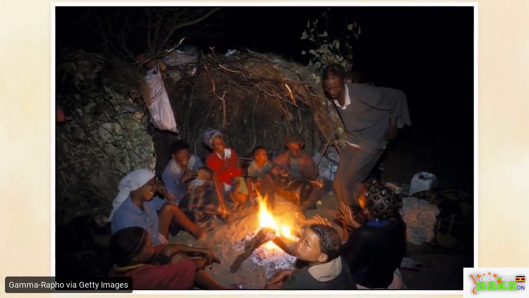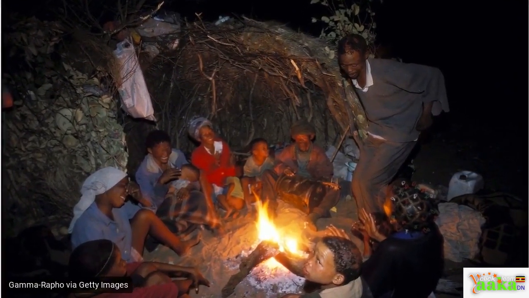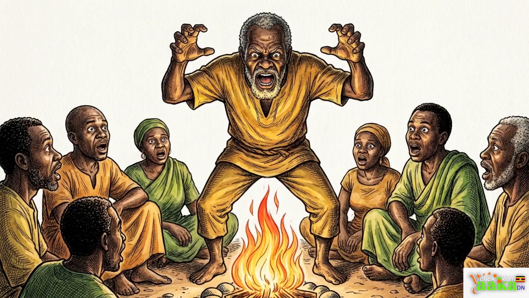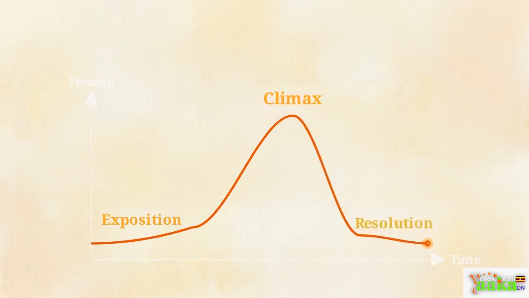Long before modern theaters, community drama happened during nighttime storytelling around an evening fire. These stories might feel spontaneous, but they follow a strict structure designed to make sure the community remembers the important message at the end. This chart shows how a story moves. It starts with the setup, giving background. Then it builds to the turning point, the most tense part. Finally, it reaches the lesson, where the conflict is solved and the moral is revealed.